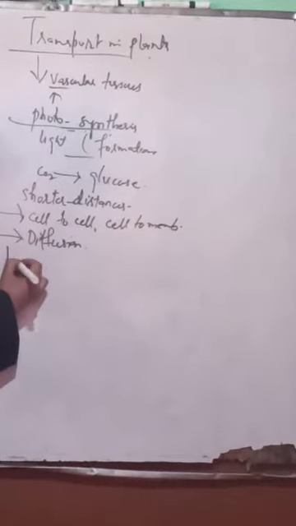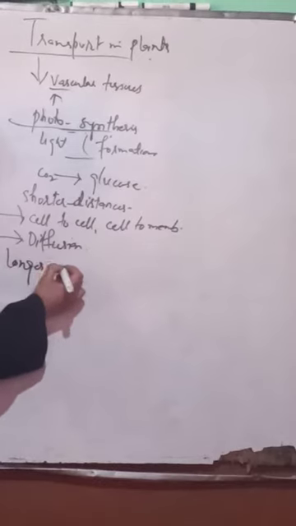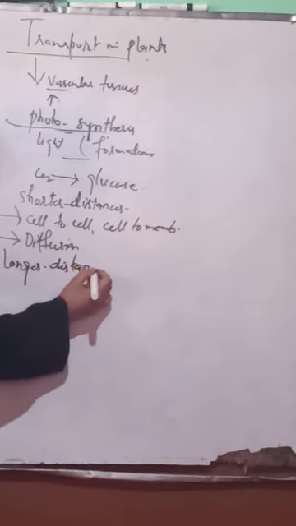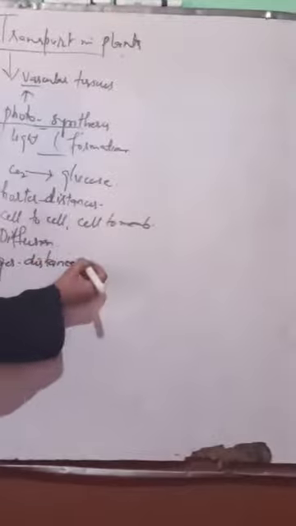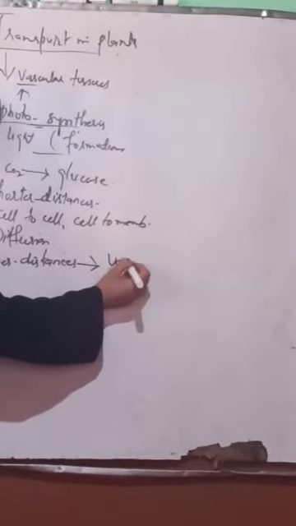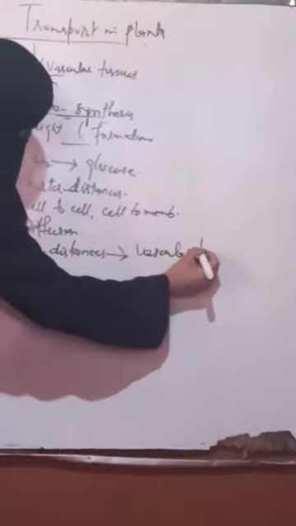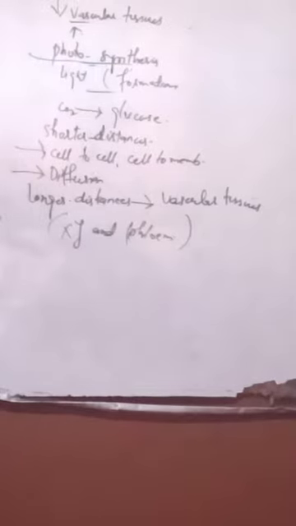For longer distances, when we try to transport something through longer distances, it means we make use of vascular tissues. So we know these vascular tissues are xylem and phloem. Now we know that this xylem is responsible to transport